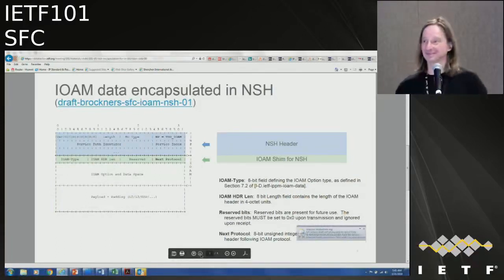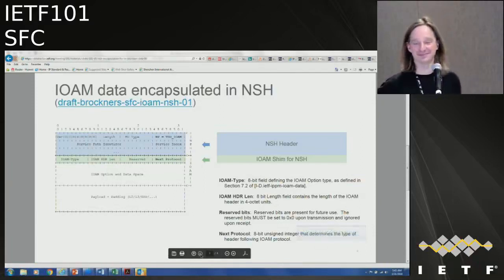Again, Greg Mirsky, ZTE. I don't see the possible scenario where we have active OAM and hybrid OAM present in the same NSH.